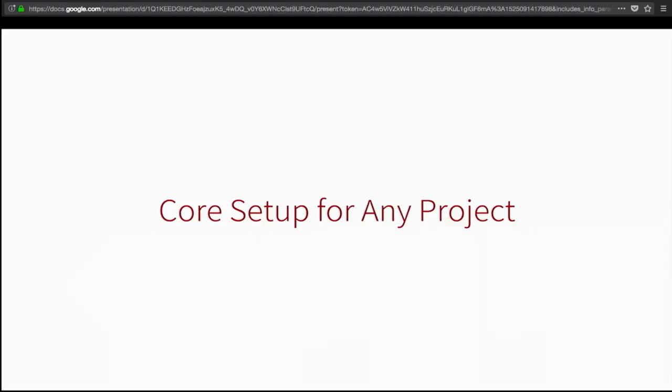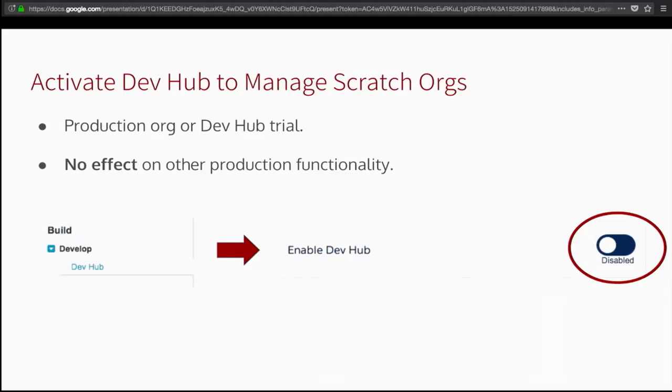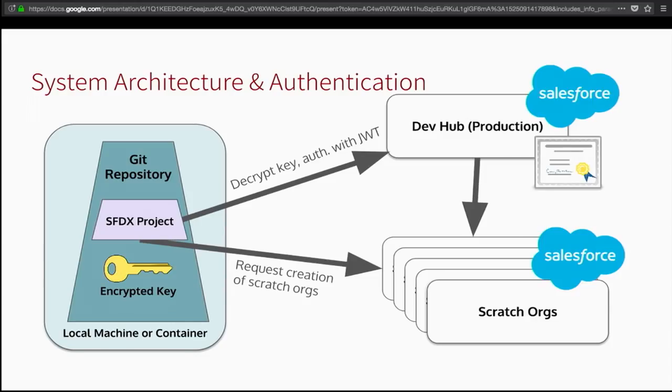And the first part of this is kind of a core setup for any project. It's very much boilerplate. You'd execute the same steps no matter what your project is. And the very first thing you're going to do is turn on your Salesforce DX Dev Hub functionality in your production Salesforce instance. Now, anytime you say production and change, that's kind of a scary prospect. But if you're not already using Salesforce DX, just rest assured there's really no side effects from turning on your Dev Hub. It's not going to damage your data, and it's not going to result in any alterations to your production org's metadata or code. So you go ahead and turn that on, and it'll allow you to create and use scratch orgs.